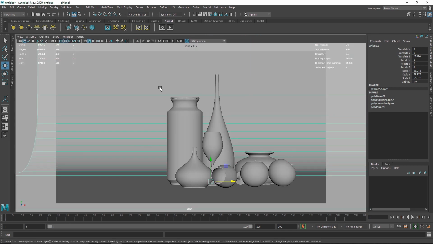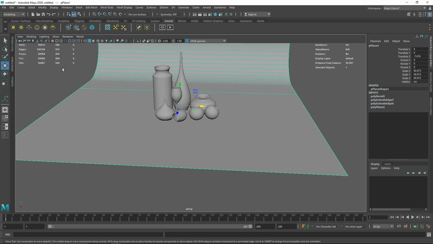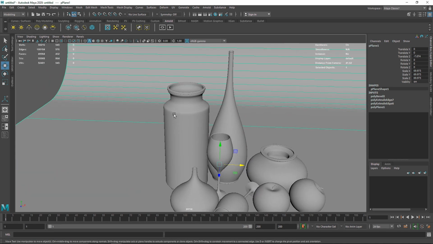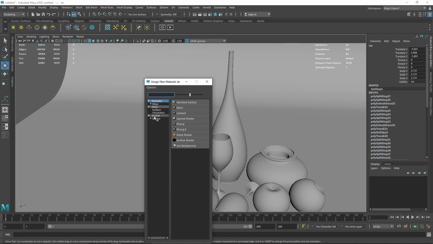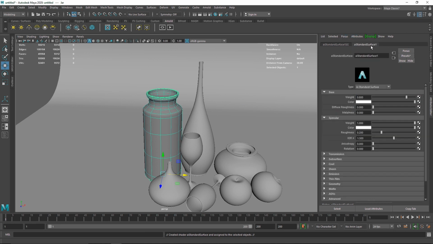Now we are going to create 2 types of materials for this. The first will be a simple matte black with a little bit of glossy finish on this, and the second will be a gold material. So I'm going to start off by creating a simple material. Let's take an Arnold standard surface and focus on the standard surface. Let's call this